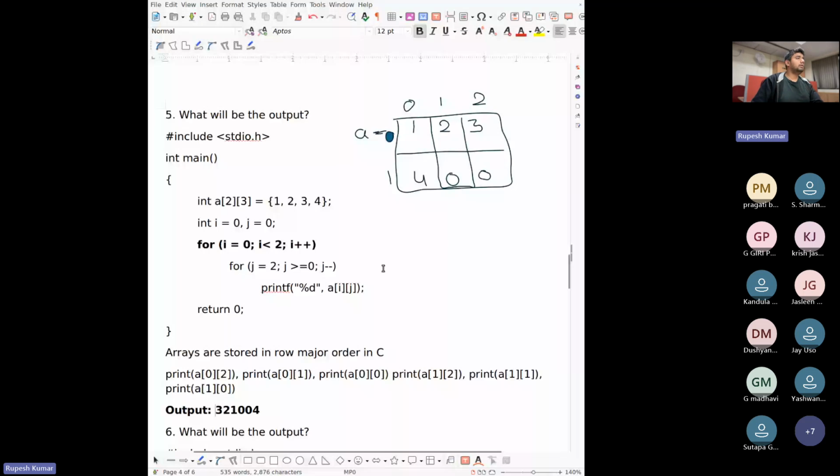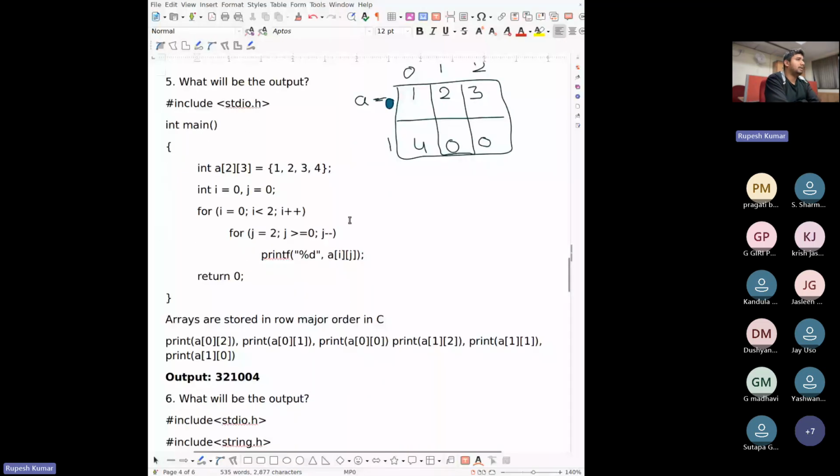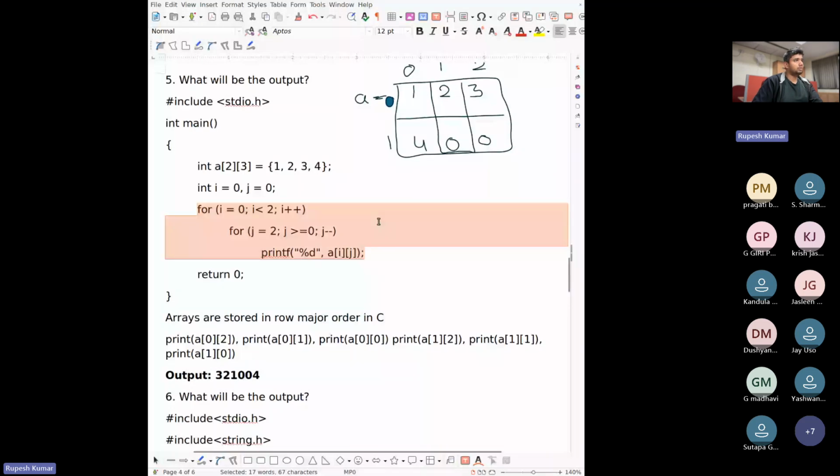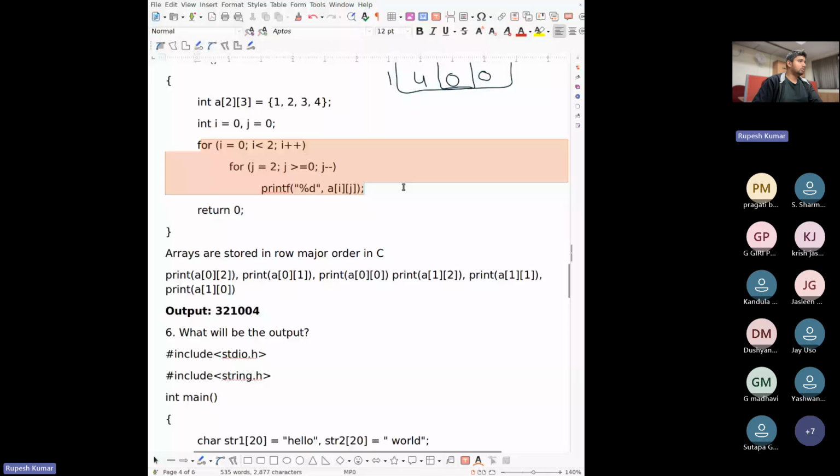So what did we see in this program? We saw how we can store values in two-dimensional arrays, and since we were given only partial values for that array, we used the concept that array values are stored in row major order. We used that row major order to fill the entries of this partial array, and the remaining entries were filled with zeros. And then finally, we iterated through the array. This is how you can iterate through matrices stored in the form of two-dimensional arrays in C, using two nested for loops, and then we printed those values.